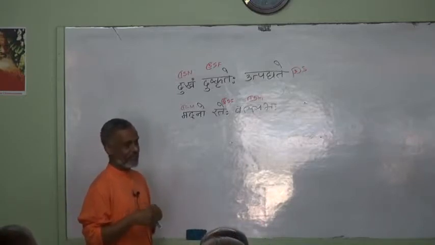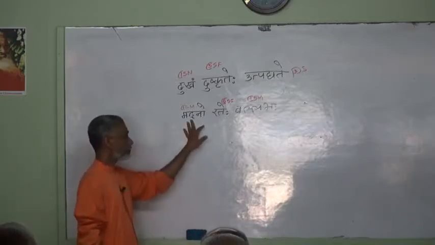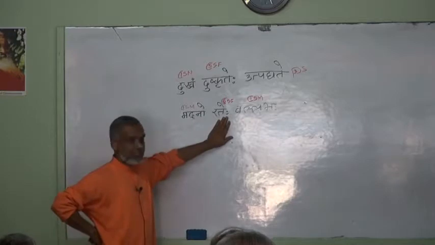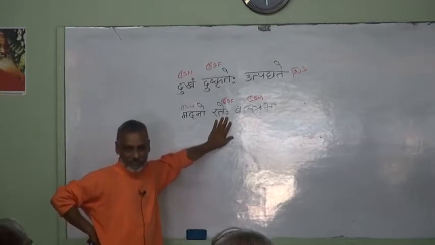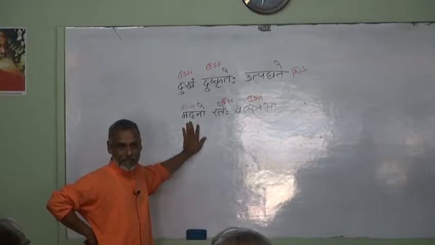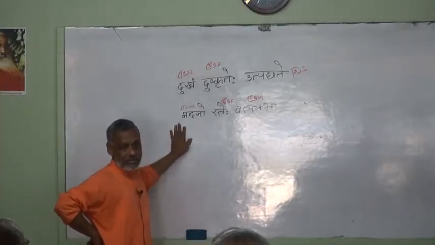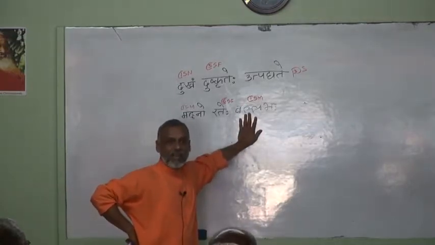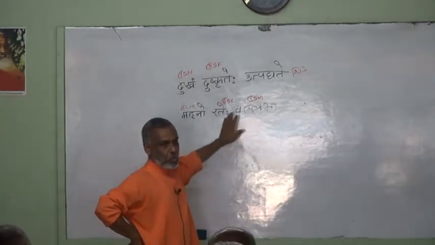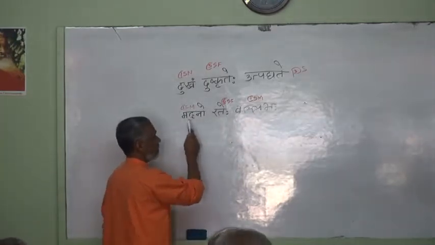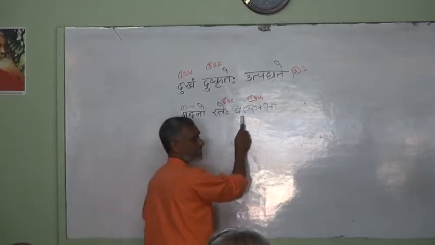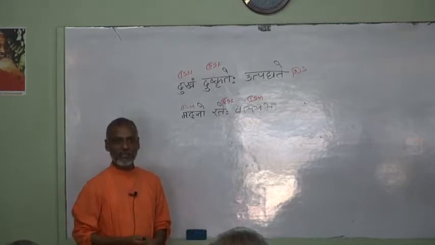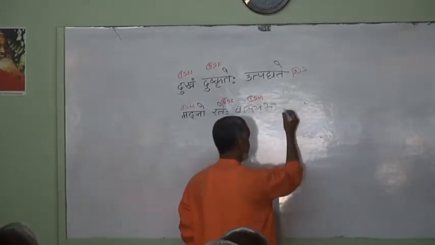Right? And I will show you this now. Of Rati. Rati is his wife. Madana is Kamadeva. Rati is his wife. So, Madanaha, of Rati. And the word Vallabha means? Darling or beloved. Right. So, Madana, the darling of Rati. So, what verb is missing? Is. That you got already.